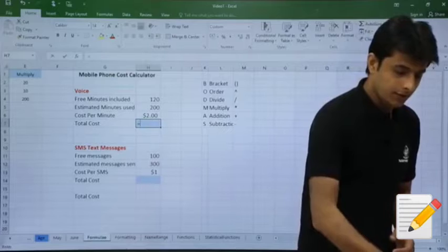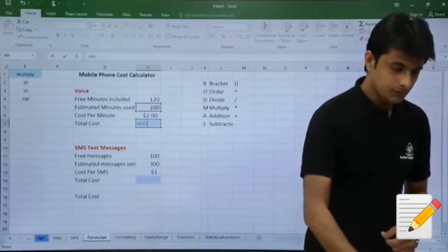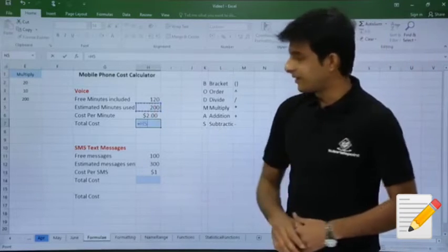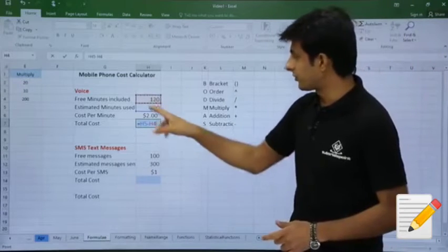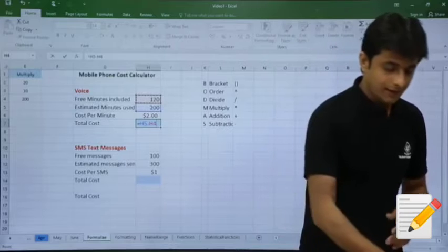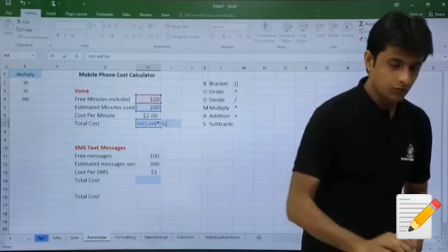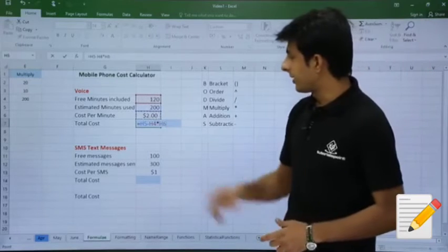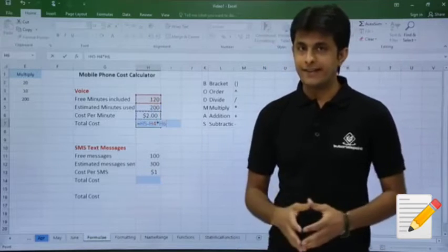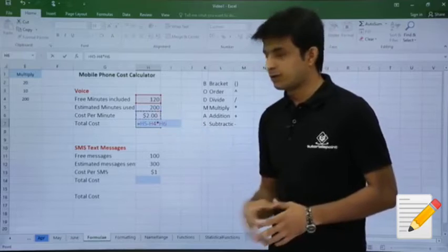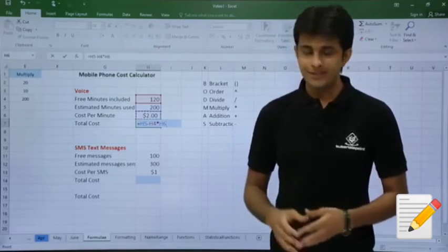So I'll use a formula here as equal to estimated minus the free minutes included. So I should get the answer as 80, and that 80 I should get multiplied with the $2 per minute. So when I multiply with it, I'm expecting the answer as 200 minus 120, that is 80. 80 multiplied by $2, that is 160. So when I press enter,